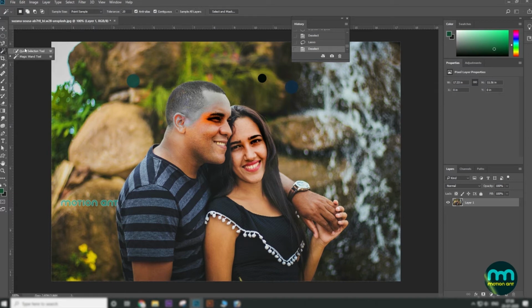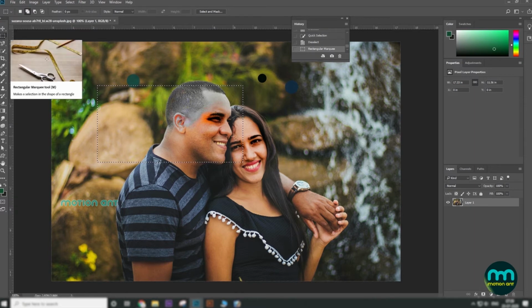The quick selection tool is different, since it selects all the parts you brush on, extending the selection areas according to the color contrast. You can also modify and customize your selections even when using different selection tools.